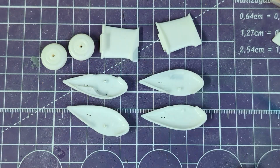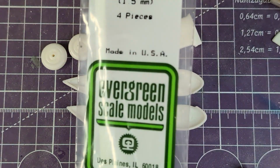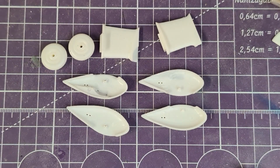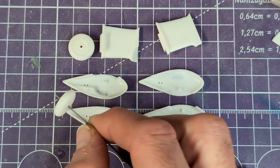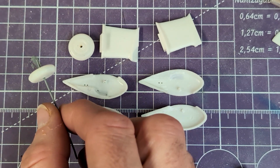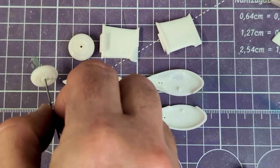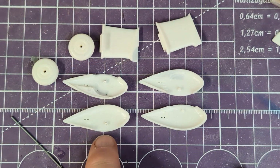I cut off the pins and used some Evergreen H-column, this stuff here. Just cut short lengths of that, glued it in where the pins were, and that means that I can now use a short length of plastic rod as an axle and drop my wheel in after everything has been finished and painted and assembled to my satisfaction. Much better. Me likey. It's good. Of course, I could have used some C shapes there, I suppose, some channel sections, but I don't have any,